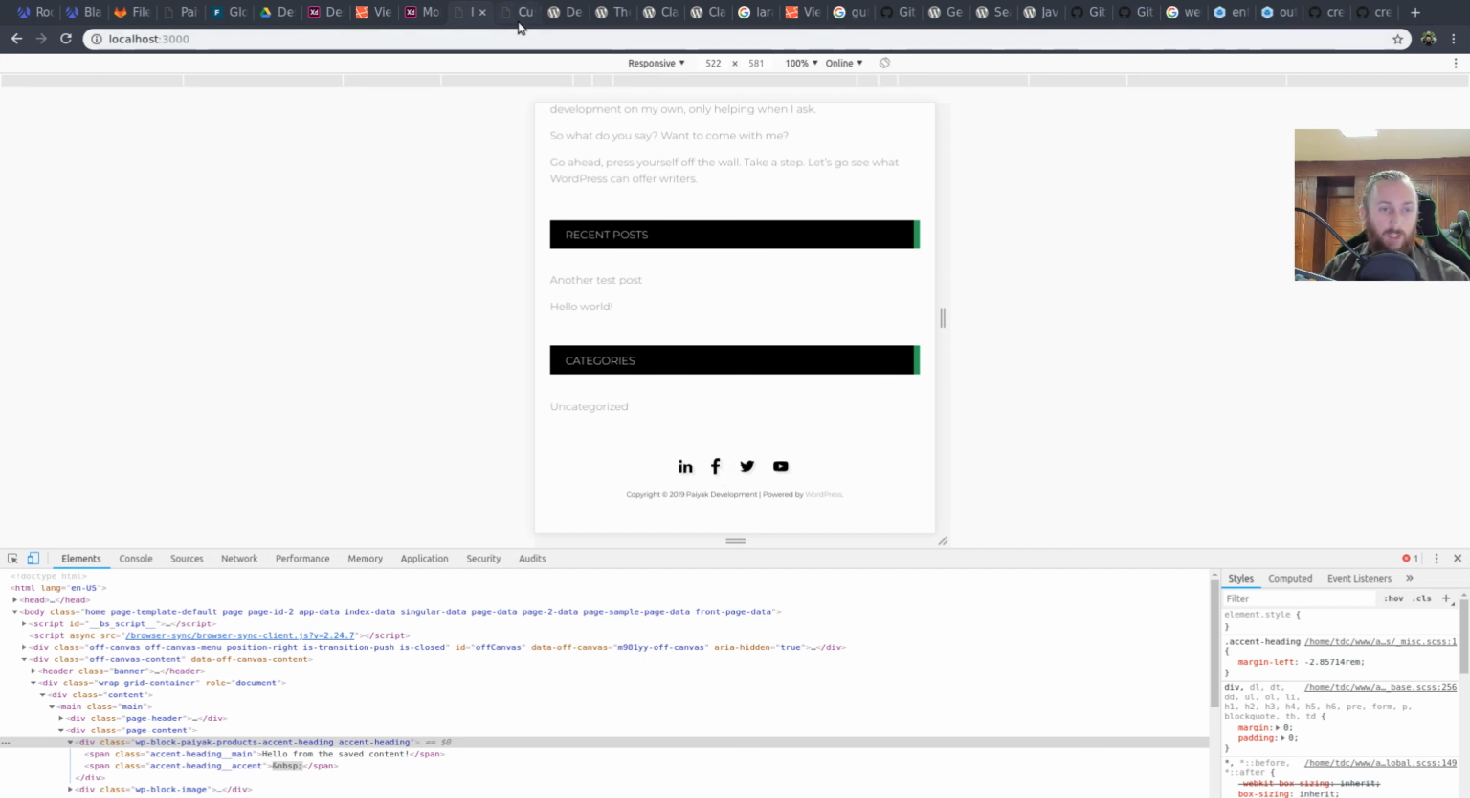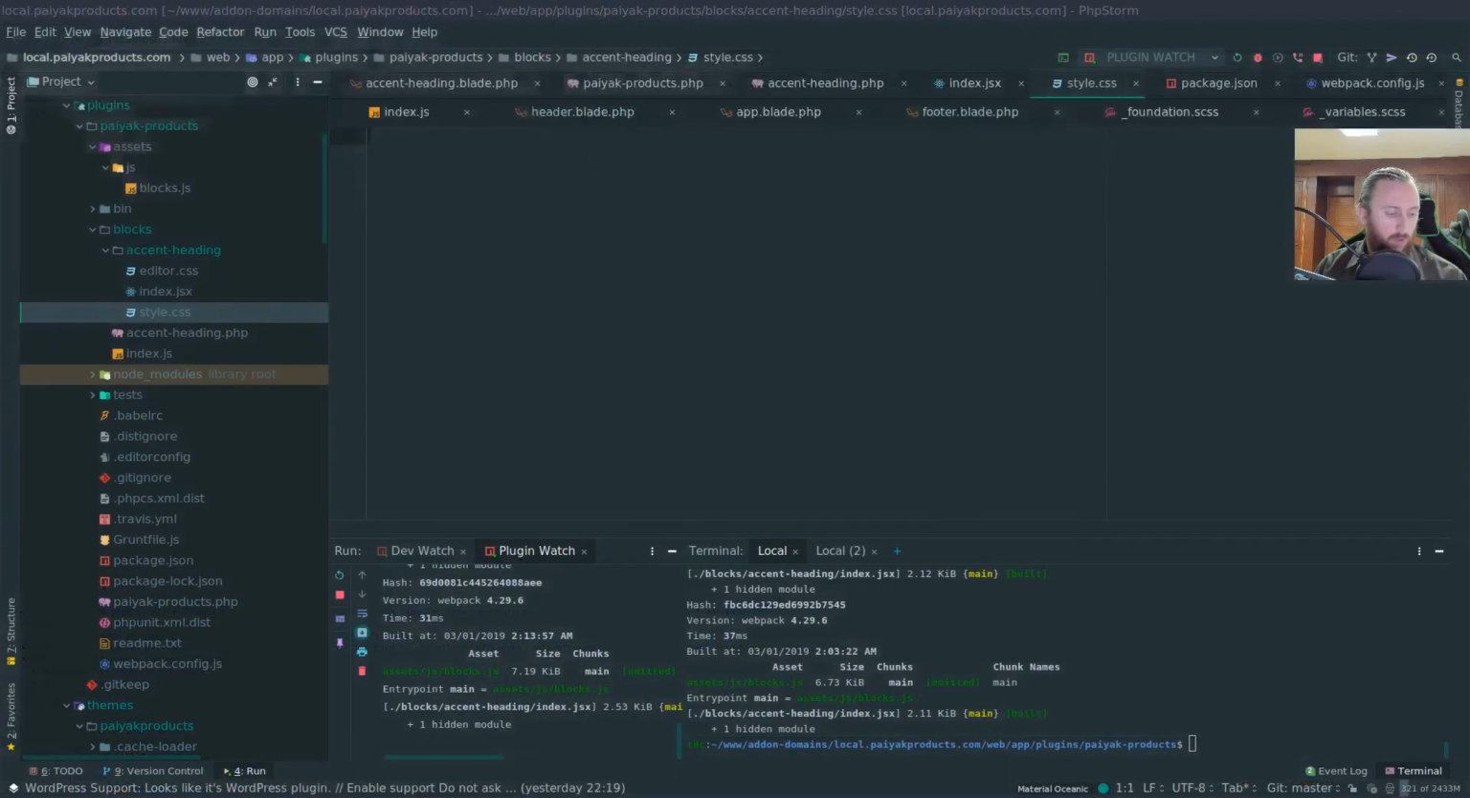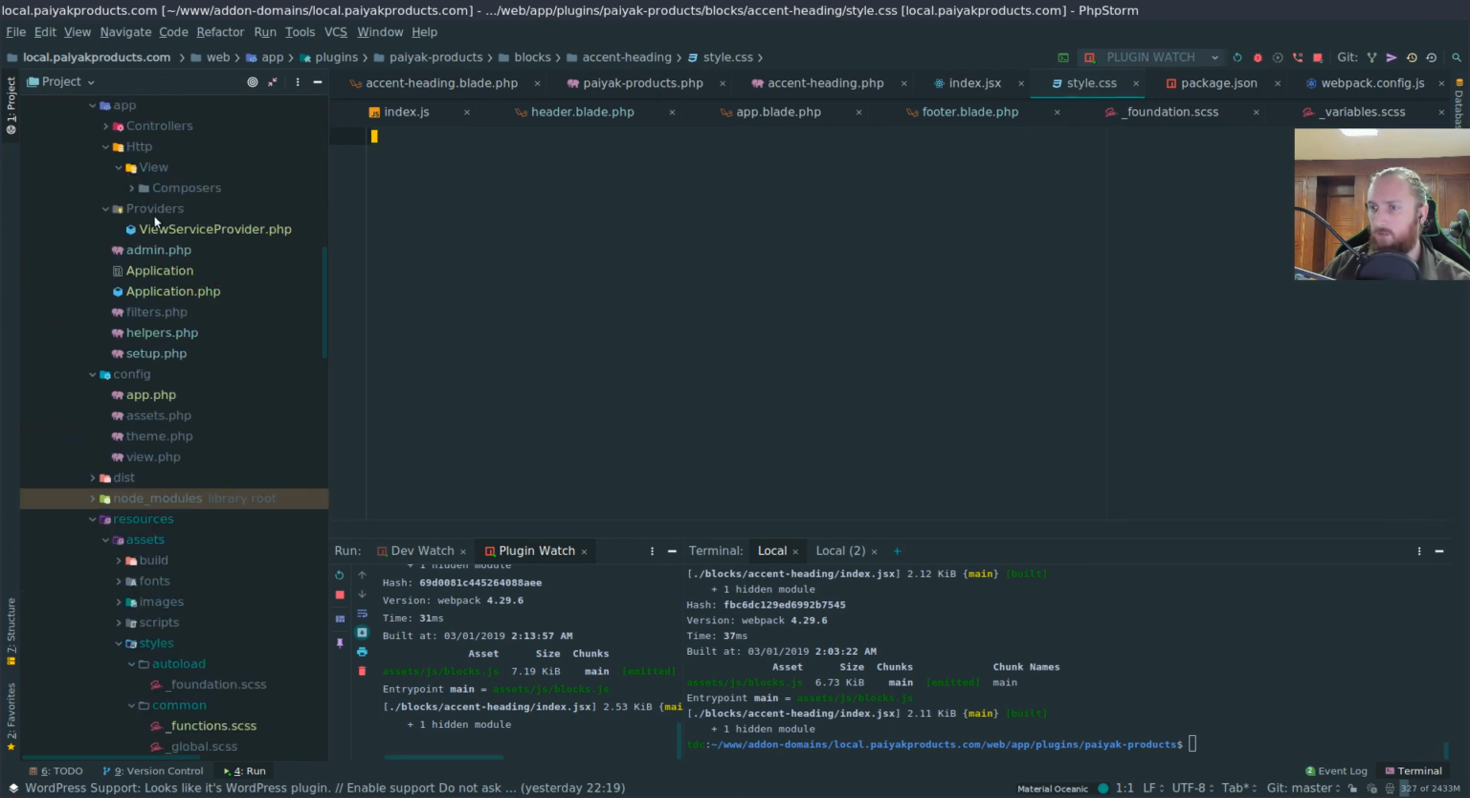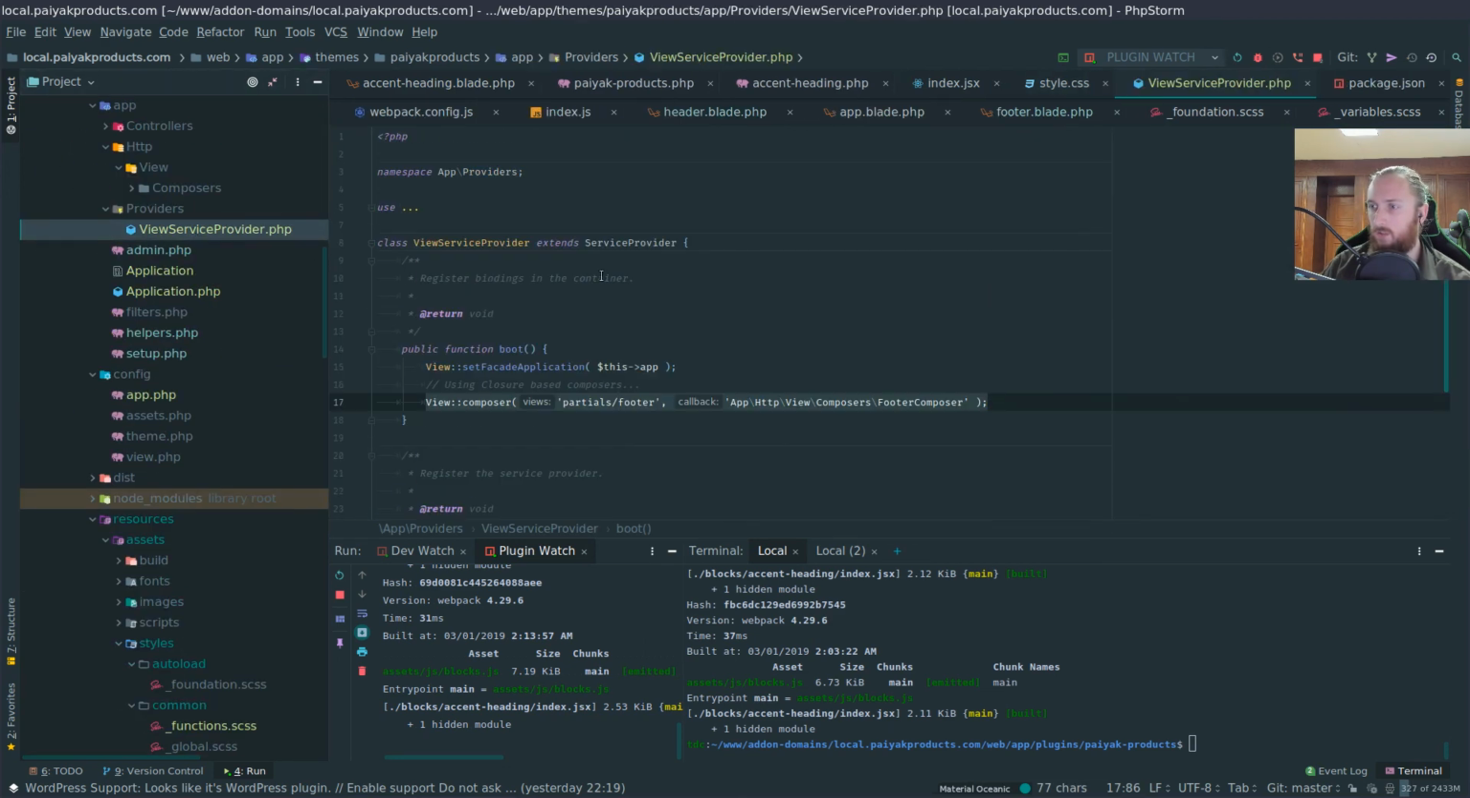A big time waste, although potentially a useful one, was setting up my view service provider. It was quite a lot of work to get that to work actually, and I'm questioning whether it was worth it or not. But anyway, the idea of the view service provider, this is something that comes from Laravel. It lets you